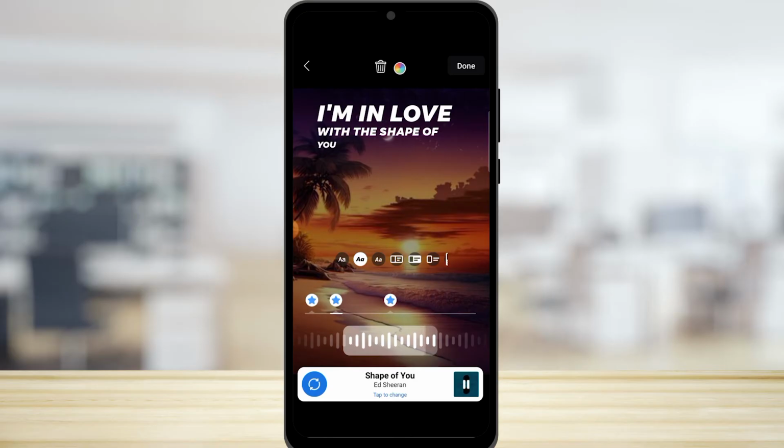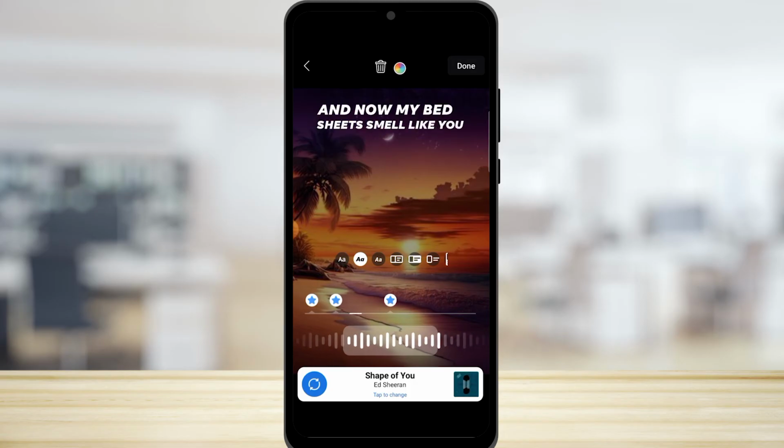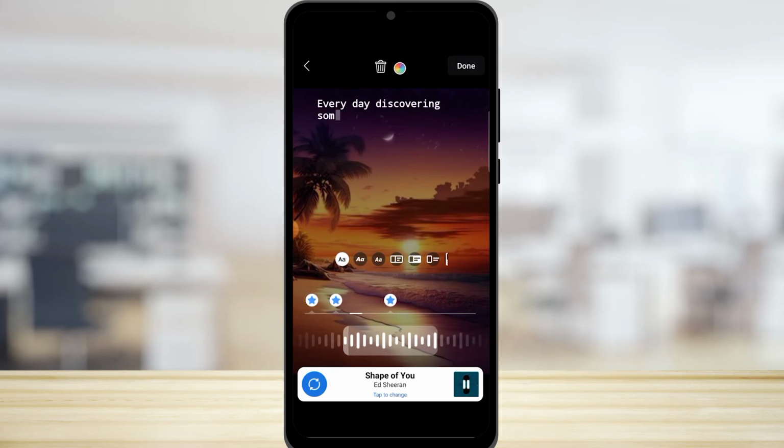Now over here at the bottom, you can also swipe this to decide where the song will begin. If you want to display the lyrics, you can also choose the font of that lyrics in this way. There's also option to simply add it like this, and then you can change the layout to display just the